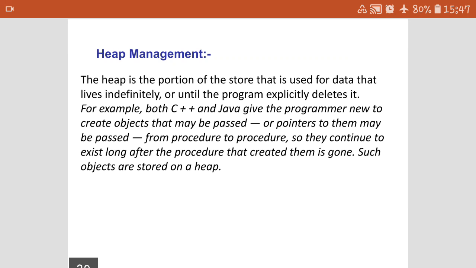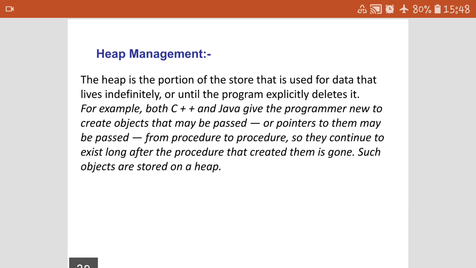We are going to discuss an important topic of compiler design, that is heap management. In the last lecture we already discussed the things related to storage organization. Then we also discussed static allocation and dynamic allocation. We also discussed procedure activation, the activation tree and activation record, and how the data is maintained by them. Now we are going to discuss dynamic memory allocation, that is heap management.